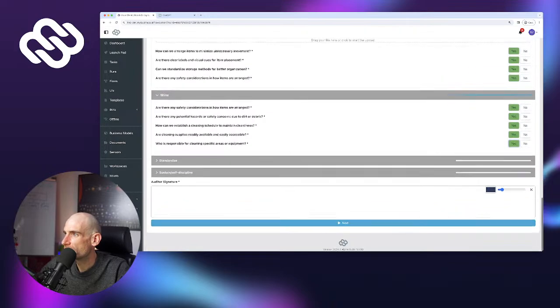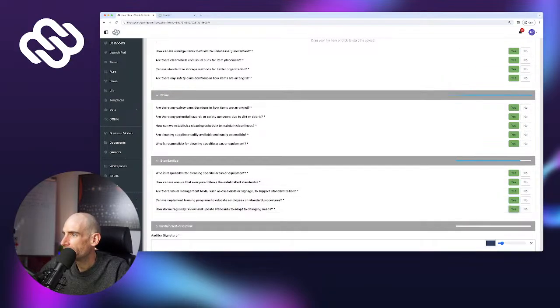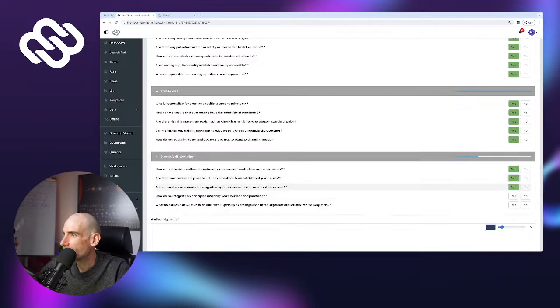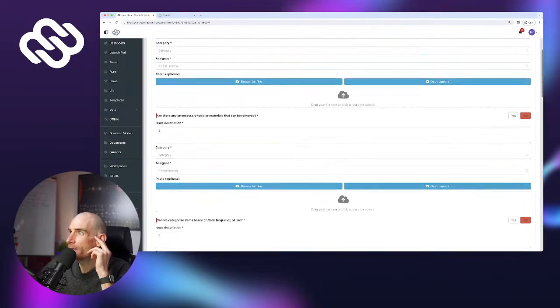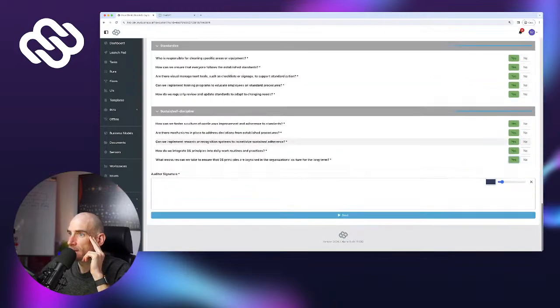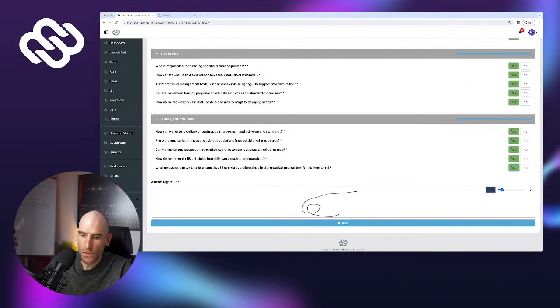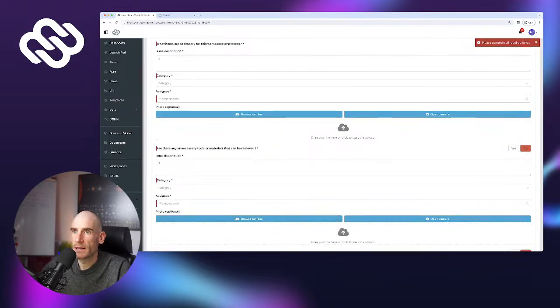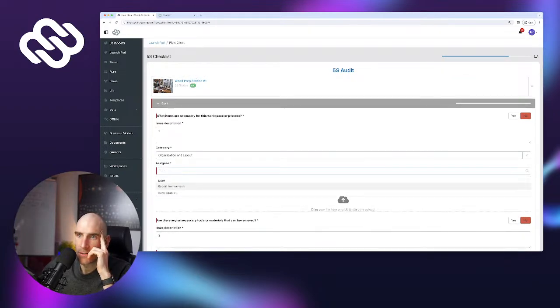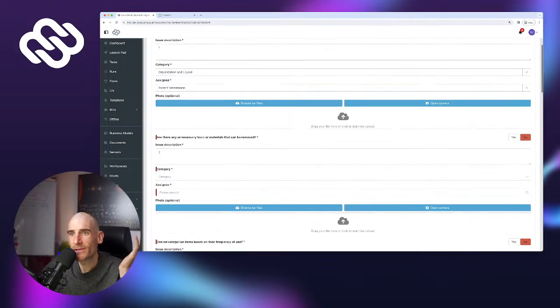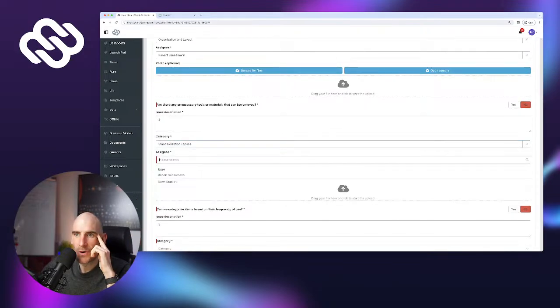Let's just finish this up. I have 1, 2, 3, 4, 5, 6 red ones. So that should put us at 19 over 25. That should put us in the 76% results, which is yellow. Oh, damn it. Okay. I have to put in categories everywhere. But that's actually okay, because now we can get some more